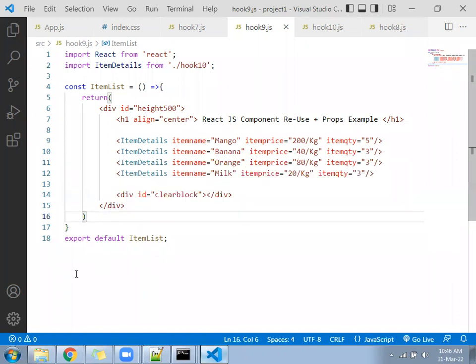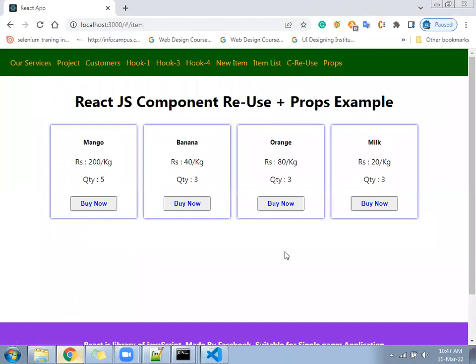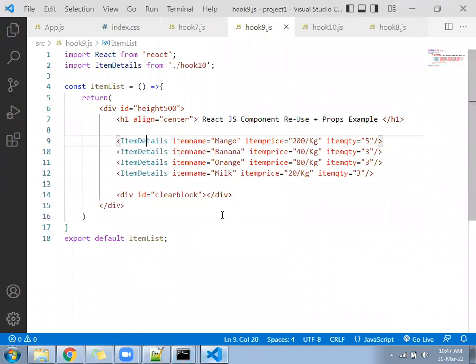Okay, so clear. Check now. It's printing how many times? Many times. So you are calling it many times with static data. There can be data stored inside an array, which we read from the array and give to props. There can be an opportunity where you have data inside an array, but you have to implement it based on props and component reusability. Suppose we have 5 item details in an array and want to use this feature. Then we can read from the array and give it to the item details component, and item details will print easily.